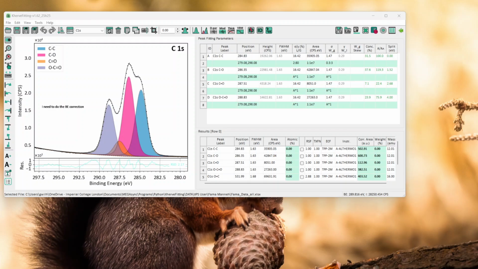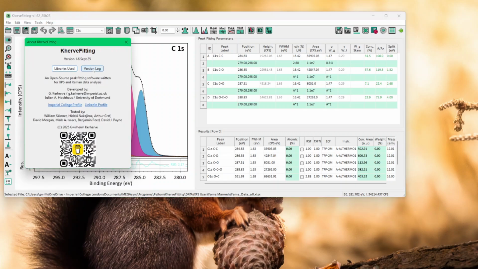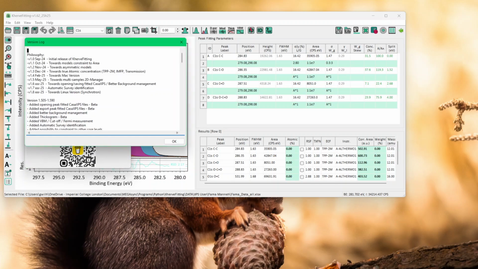This video will introduce the new version of KherveFitting, version 1.62. The reason I called it version 1.62 is because we are close to version 1.7. I've already started doing an automatic server identification. So version 1.6 offered now